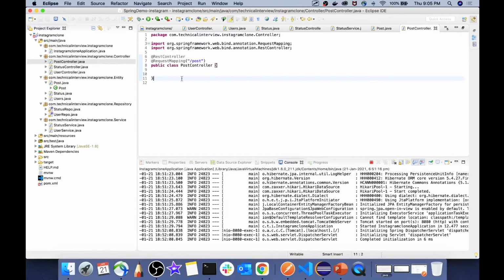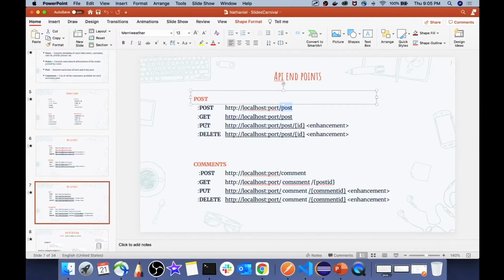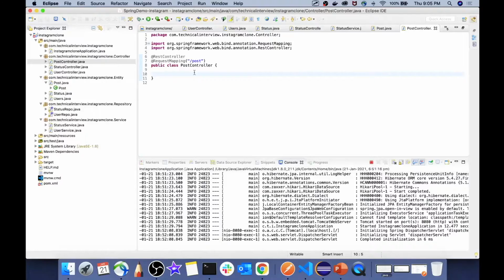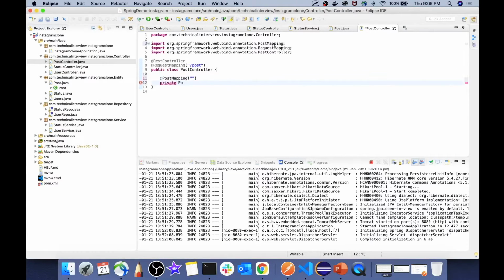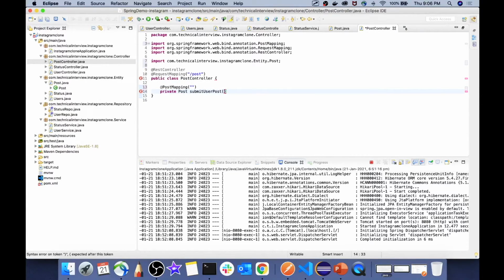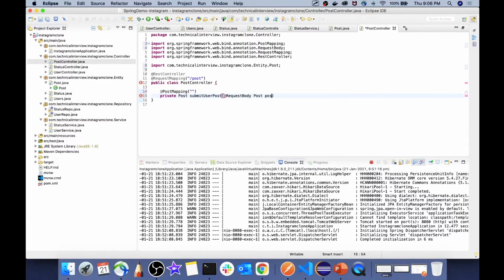Let's now build the two methods for handling the post and the get request. Since this is a post request, we will be sending the post parameter within the request body. So let's define the post parameter within the request body. Now let's define the getter method for retrieving all the posts available within our database.